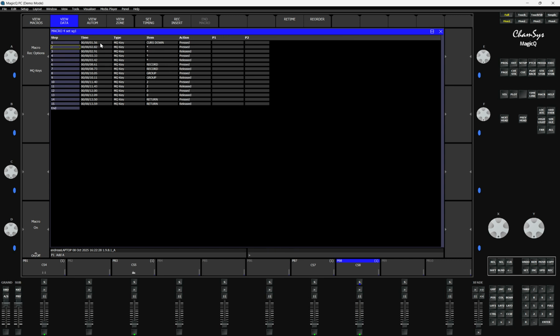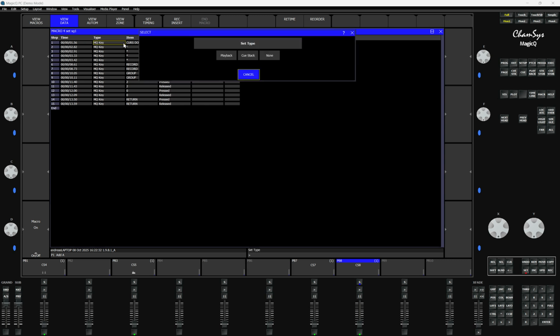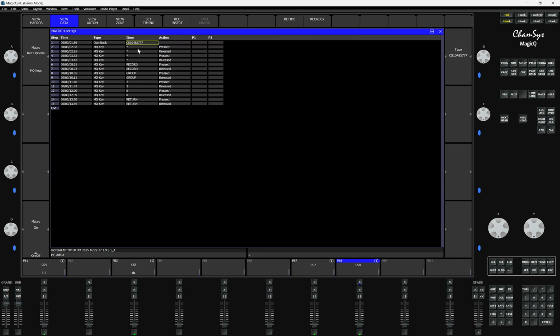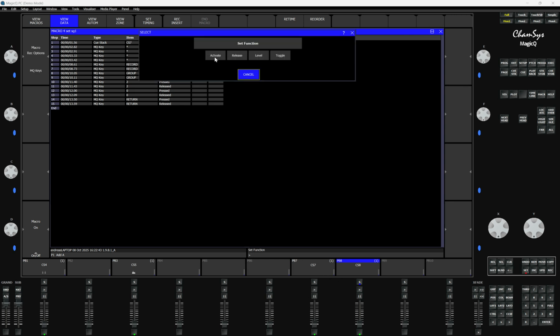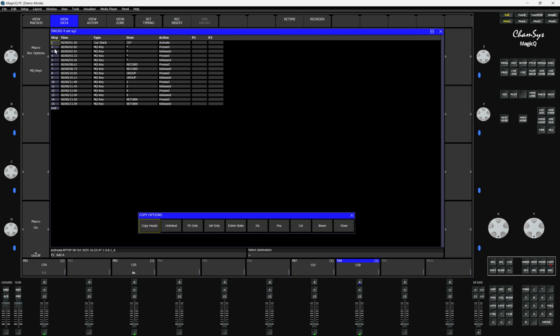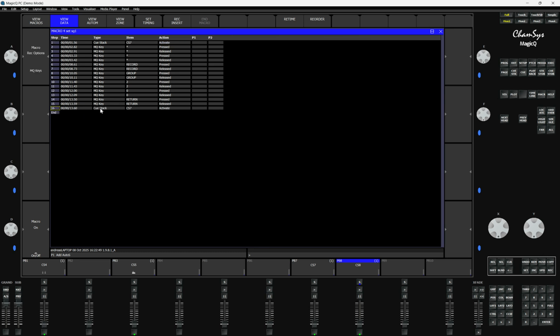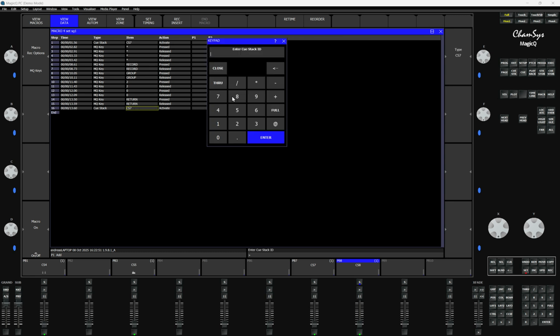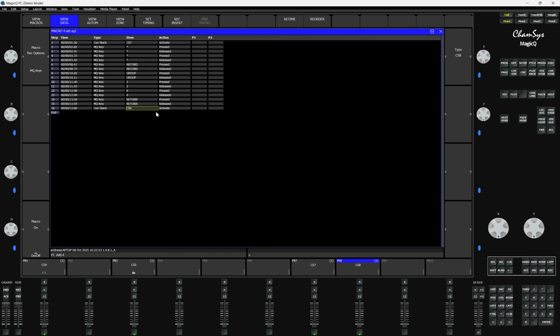So once I have added this step, I'm going to click on type, double click, and now I will change this to cuestack. Then I will set the item. It's my cuestack 7, enter, and action activate. And then I'm going to copy this at the end here, and I will say cuestack 8 activate,